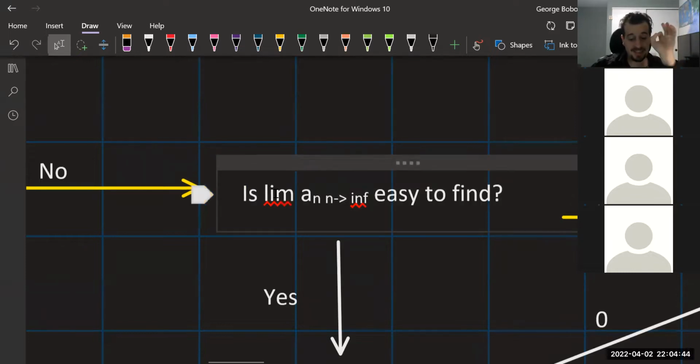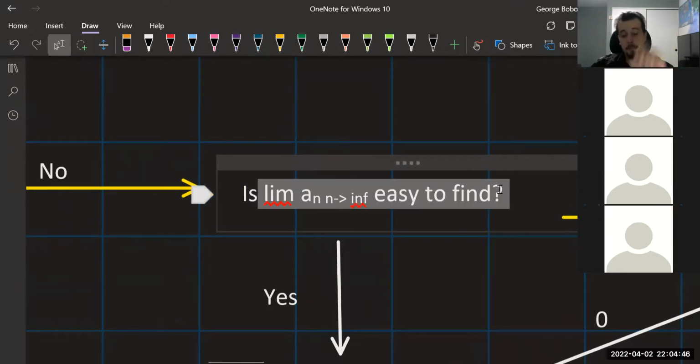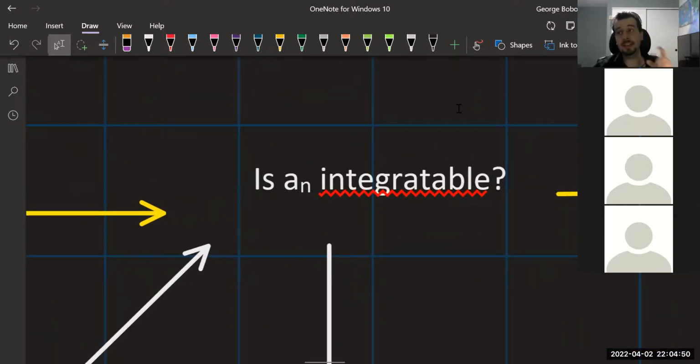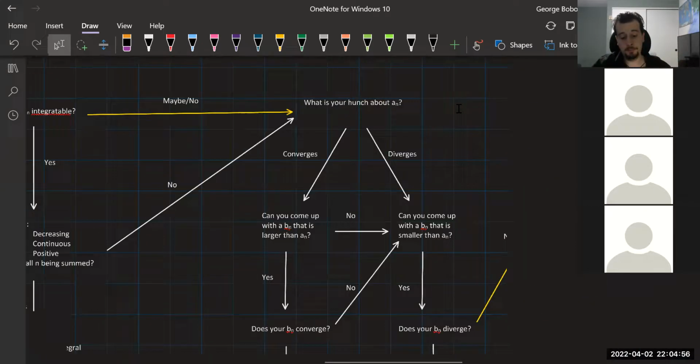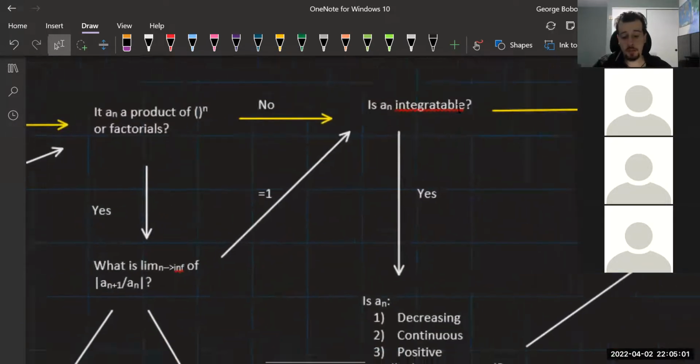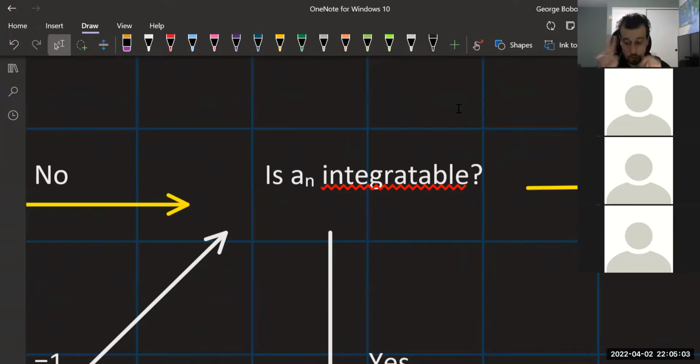So be patient and think about this step, but also this one. These are the catchers. You might think it's not integrable, like the one we just did, but you fell into the trap. You have to go all the way around here, and that's not a fun trip. So take your time when you're answering these two specific questions. I'm going to make a note on the chart: take your time.